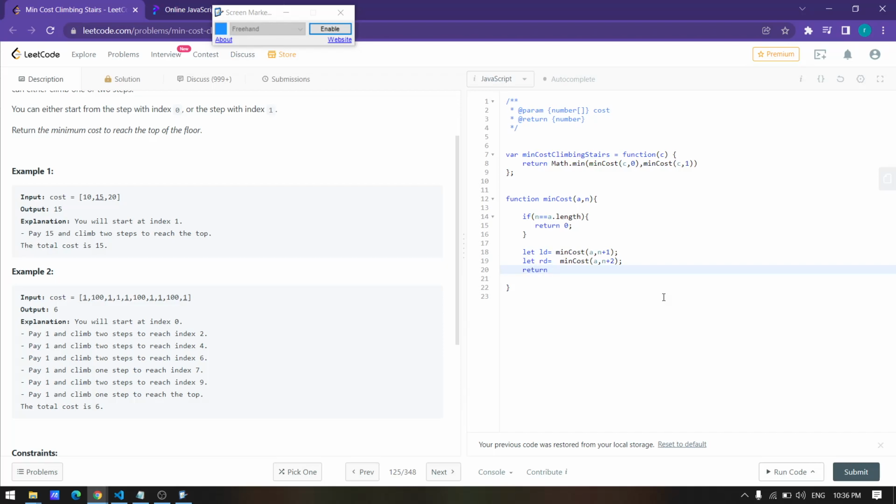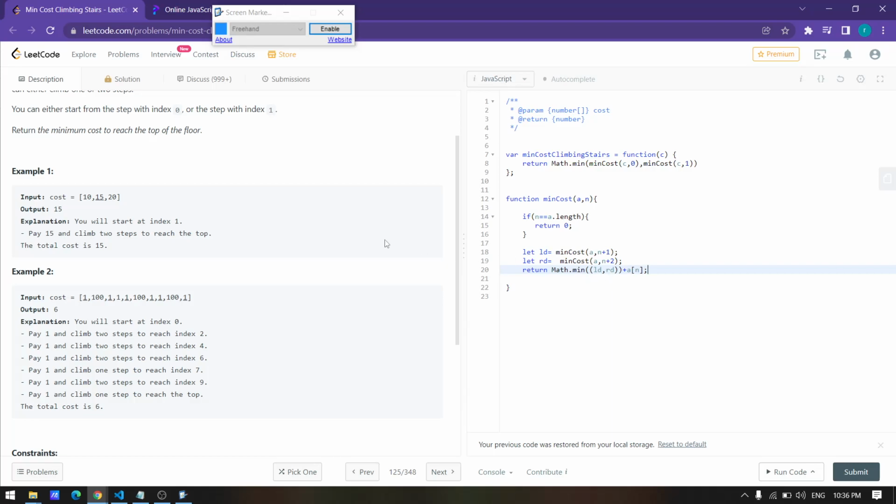So I will just simply return the Math dot min of either the left LD value or the right RD value. I'm going to take the left value or the right value, and I will simply sum up the value of a of n here.